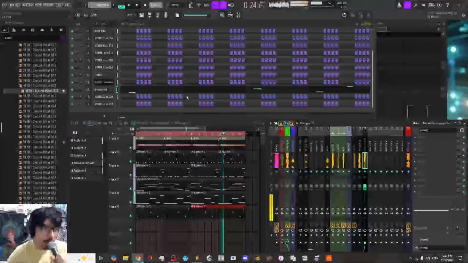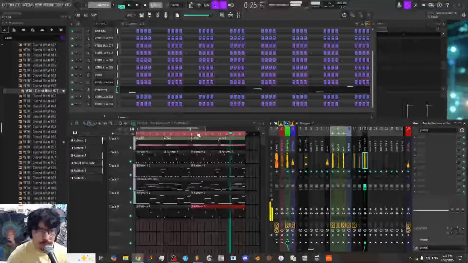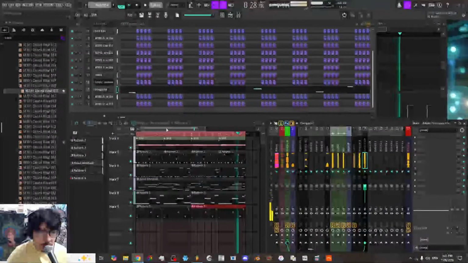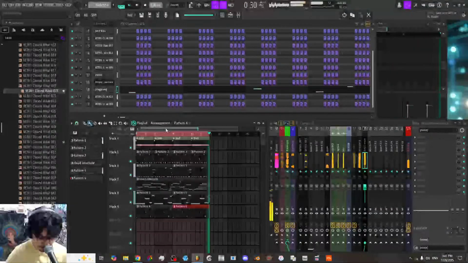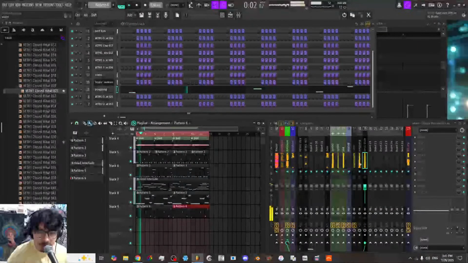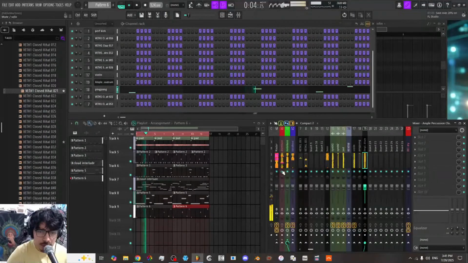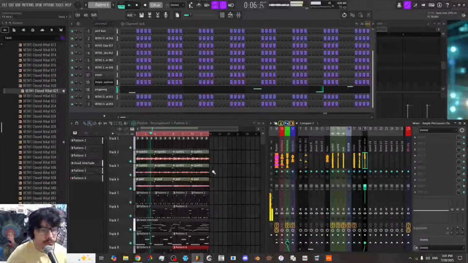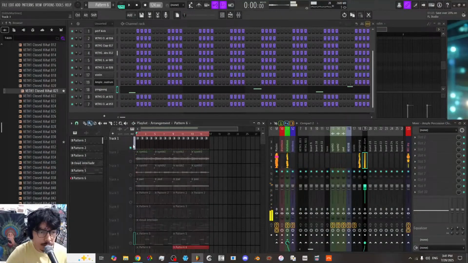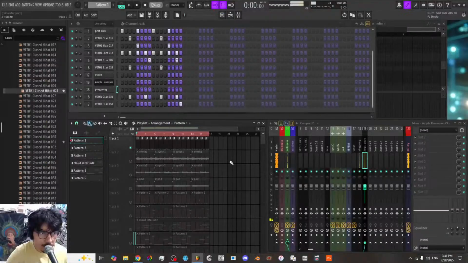Alright, so I pretty much have all the elements. I just need to arrange them in a way that works. Let's start by going through each of these. These are the drums.